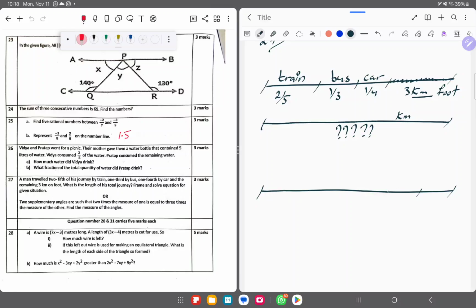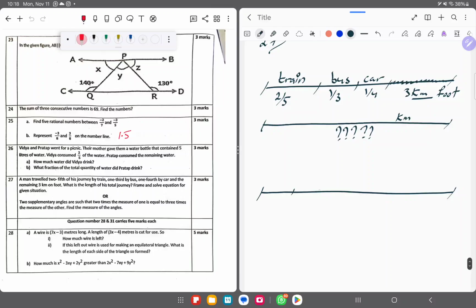So 1, 2, 3, 4, 5. 2, 3. Okay, almost. Okay, so 2/5 of his journey